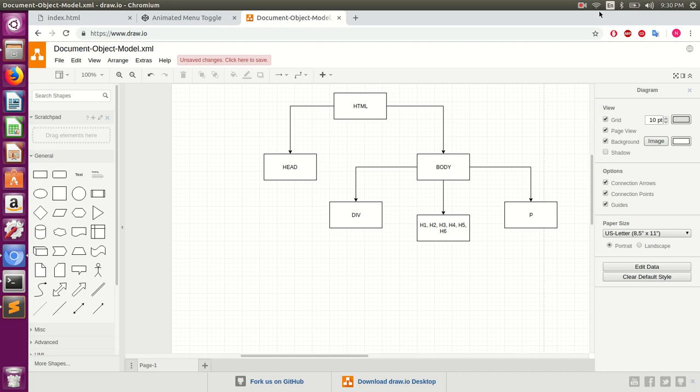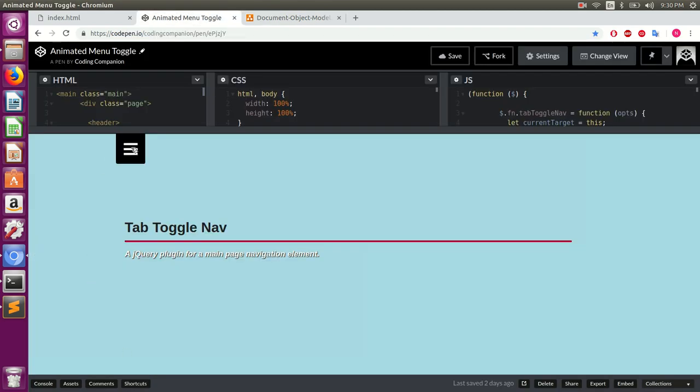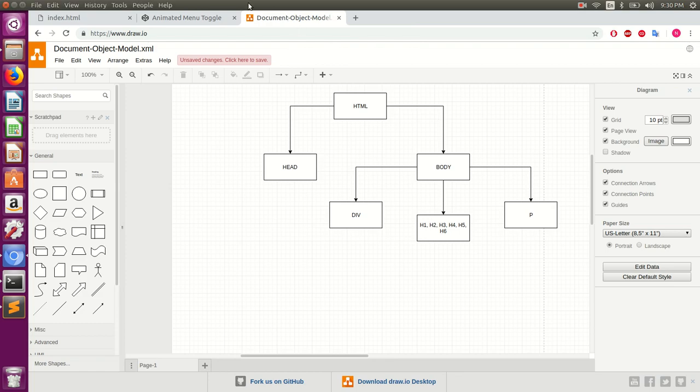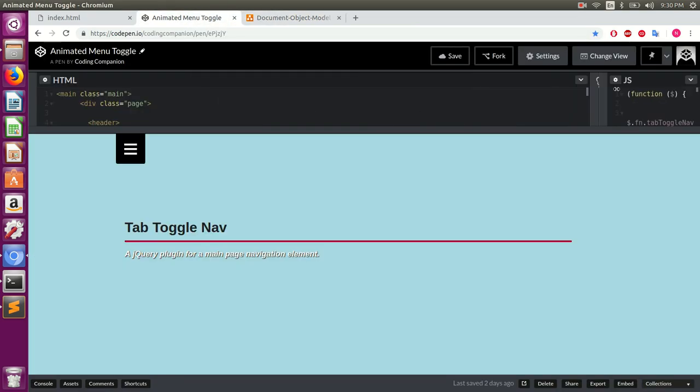So, in the last video, I showed you this thing. Pretty cool, pretty cool. And we discussed how this thing is made up of three things: HTML, CSS, and JavaScript. And these are web technologies that are used in the browser. Now, the first one we're going to focus on today,